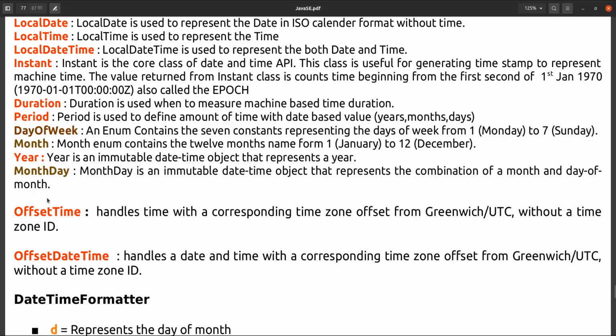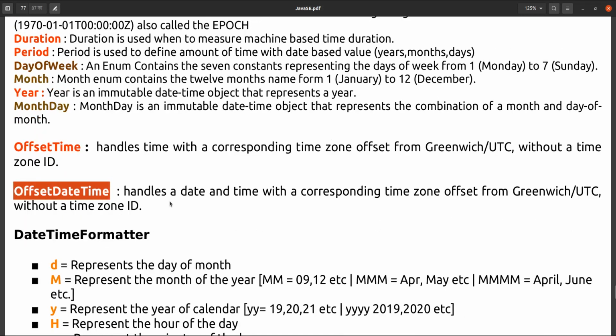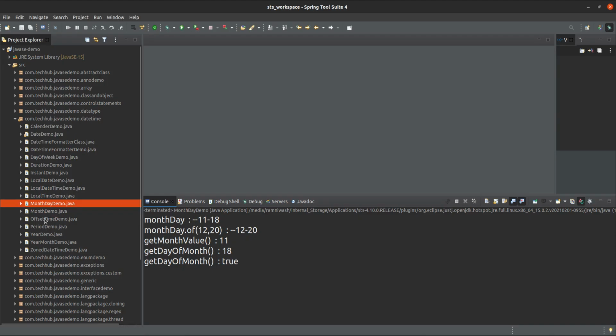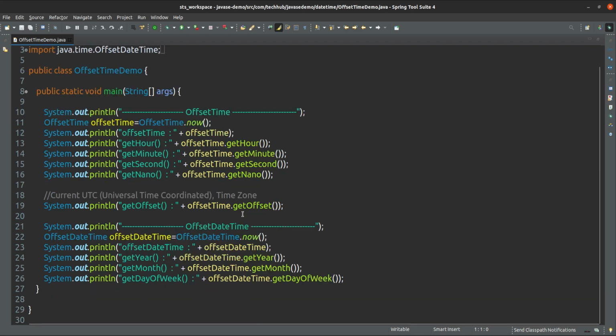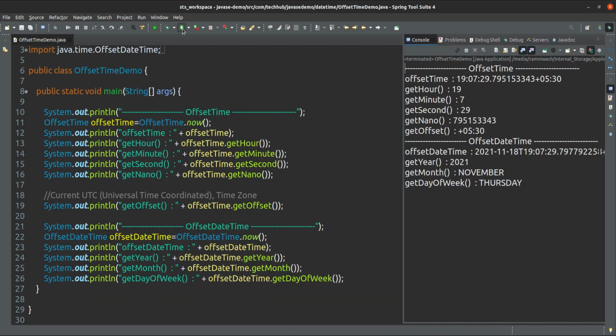Okay, month day class. Next one is offset time and offset date time. What is offset time and offset date time? So this is offset date time. Offset date time means what? We have already seen the local date and time, but in local date and time, what will come?